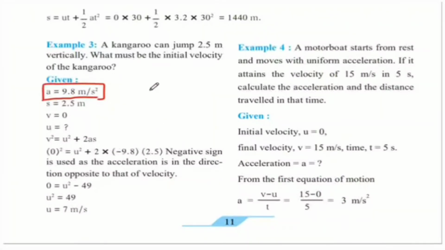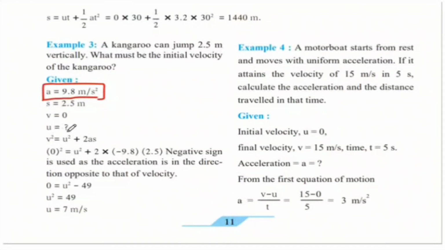So when you jump in the air, there is a force that is stopping you from jumping too high. That is why the kangaroo came to rest after he jumped in the air. That was because the acceleration of gravity was acting on it from above and pulling it towards the surface of the earth. Therefore, the acceleration was 9.8 meter per second square, and this is a standard value.